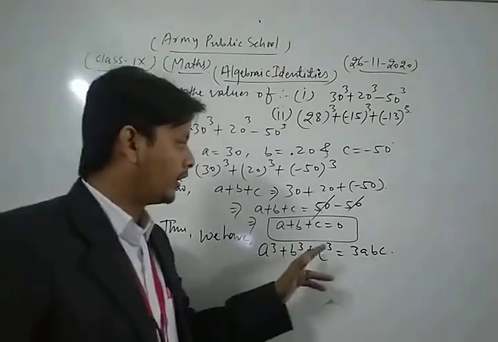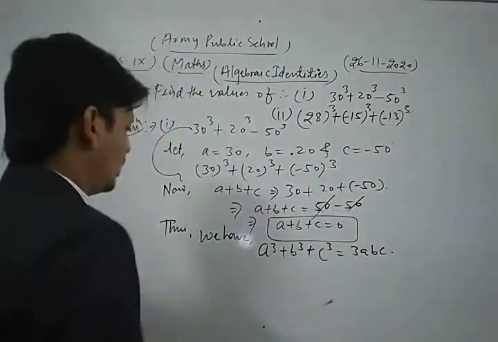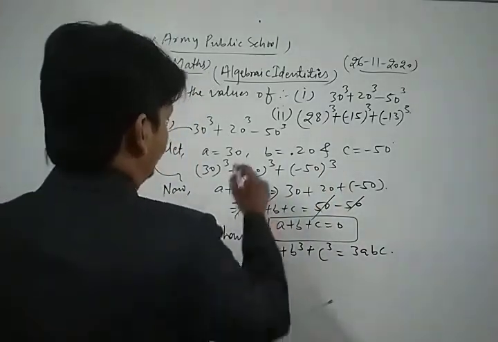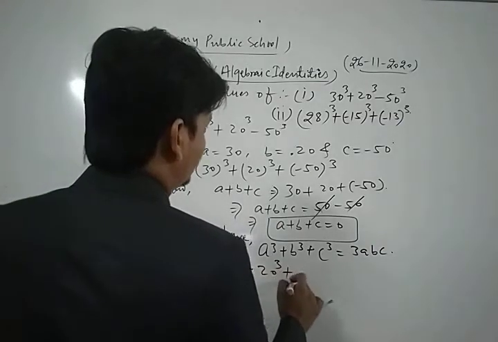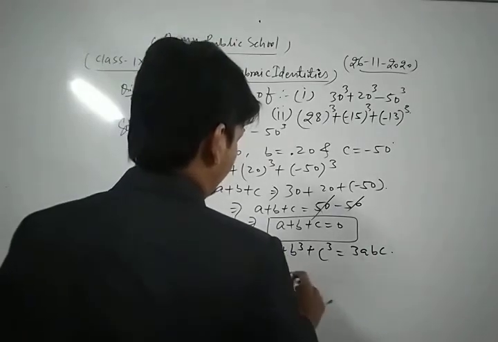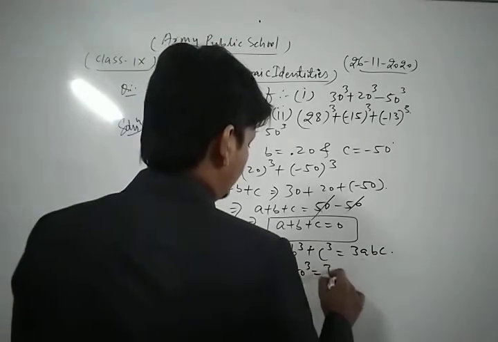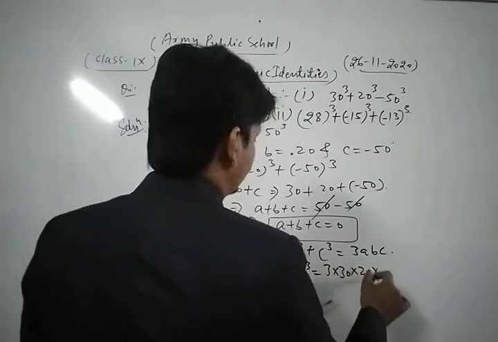Now we put the value of a, b and c which we took here. Thus 30 cube plus 20 cube plus minus 50 cube is equal to 3 into a means 30, b means 20, c means